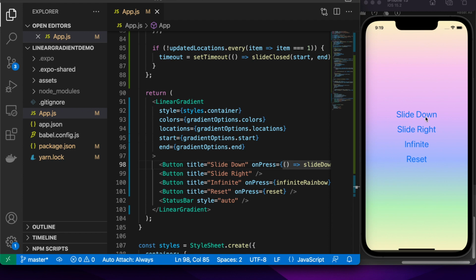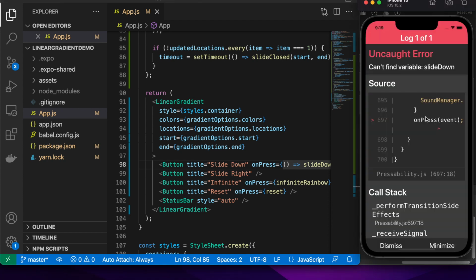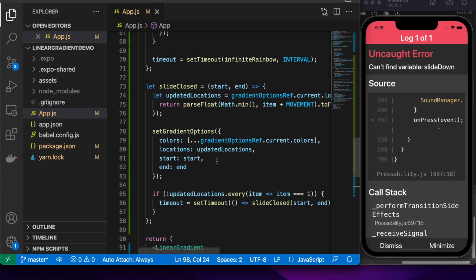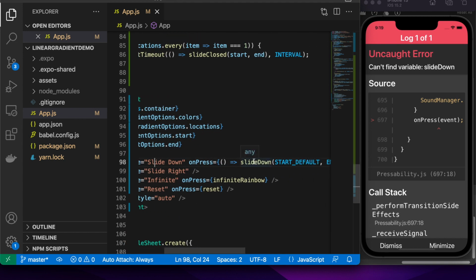So if I click on that, okay, it's because I can't find that variable slide down. It's because I've actually called this slide close because it's used for both slide down and slide right. Sorry about that.